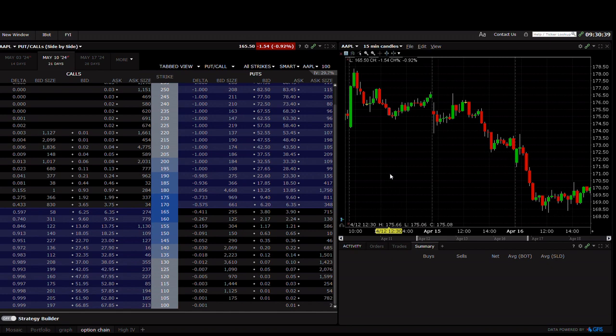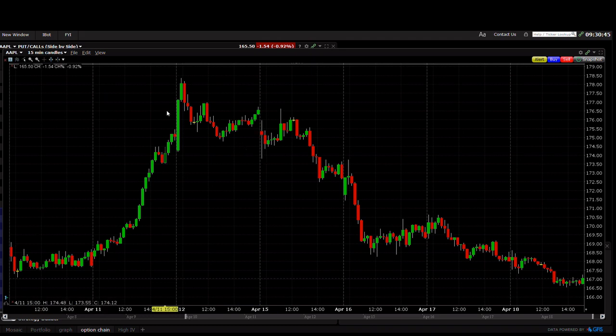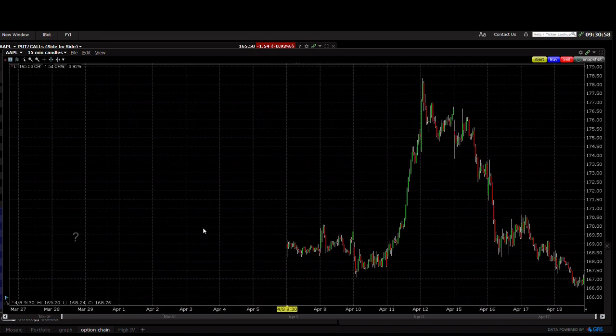So let's first look at Apple. On the right side, what you see is the price action of Apple. This is a 15 minutes chart of Apple. You see the Apple price goes up. So this is April 10th. If you look,